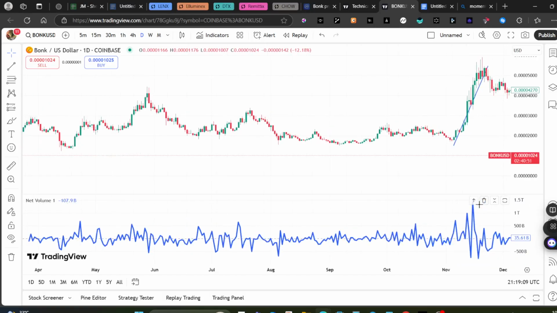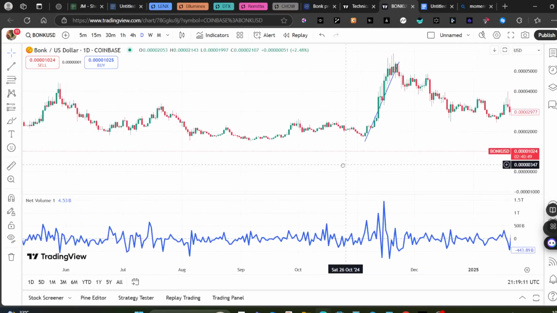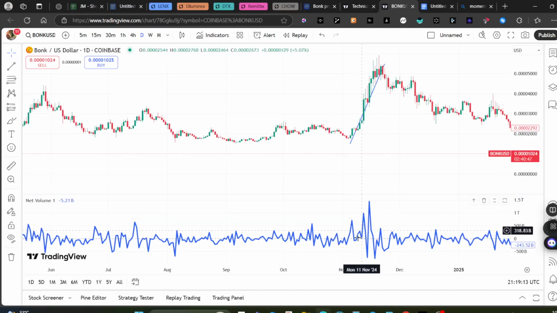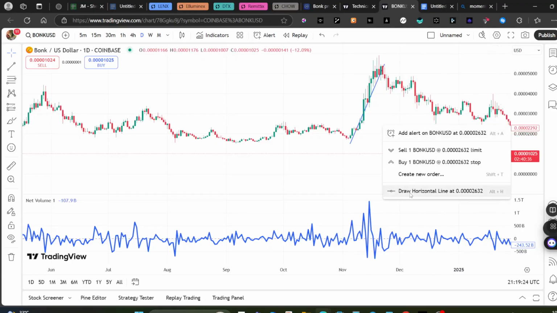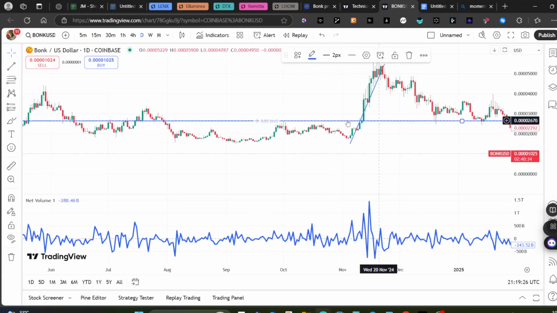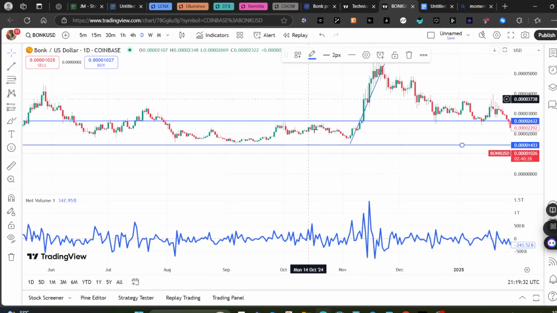Also, be sure to watch for volume surges. Big spikes in the net volume bars. Watch out for such things like what happened here. These can indicate a potential breakout or breakdown. As we can see, there was actually a breakout from this consolidation phase, and you can see that around that time we had a spike